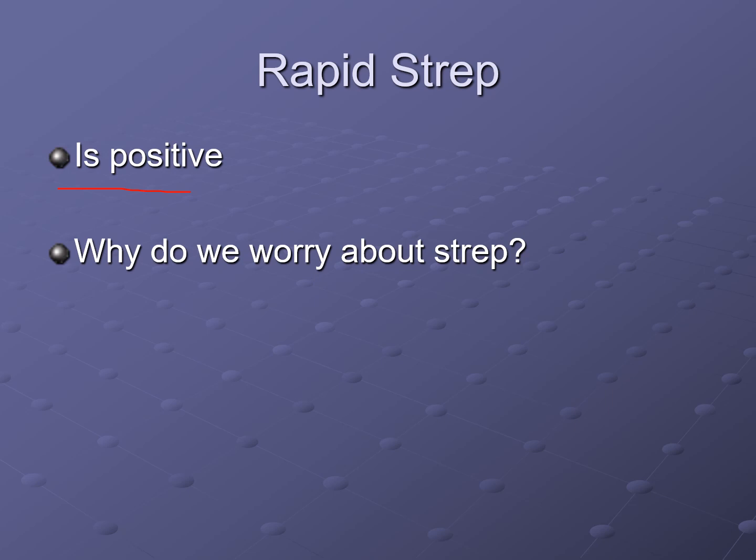There are some people that are false positives. Sure, there are. There are some people that are carriers. There are some people where the test is just bad. But we worry about strep because of the possibility of rheumatic heart disease and because of glomerulonephritis. And it was a great discussion on the discussion board about glomerulonephritis. And I will encourage you to think about the blood tests that we can do to see if someone's had a strep infection in the past 4 to 6 weeks or so.